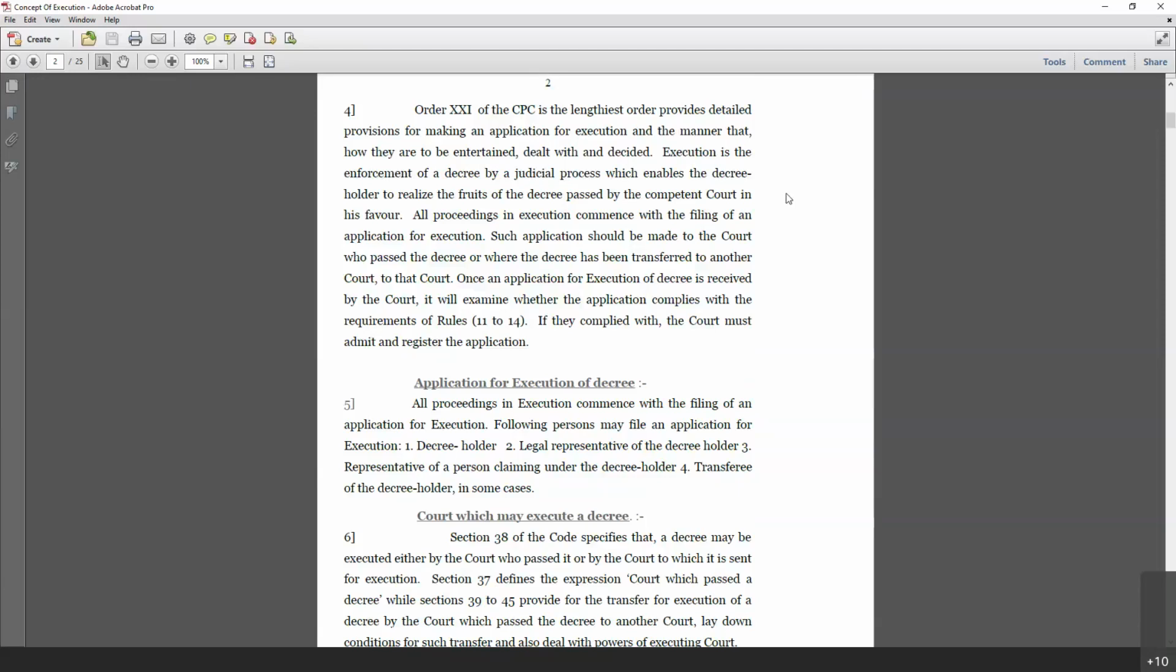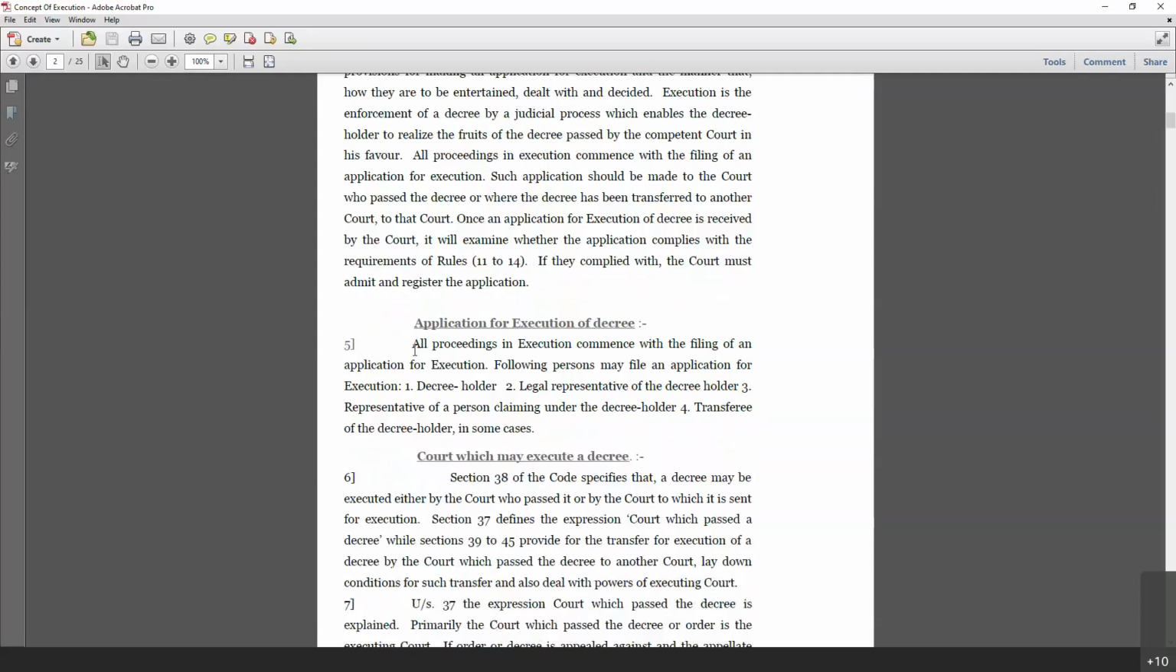Now, who all can file execution proceedings? As is the normal course of things, of course, the decree holder. If the decree holder has passed away, then his legal representatives, possibly a representative of a person claiming under the decree holder. Some legal representative may again grant power of attorney to some other entity, and in some cases, a transferee. For instance,